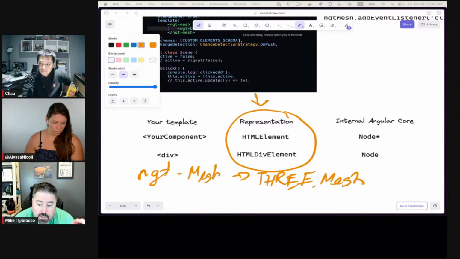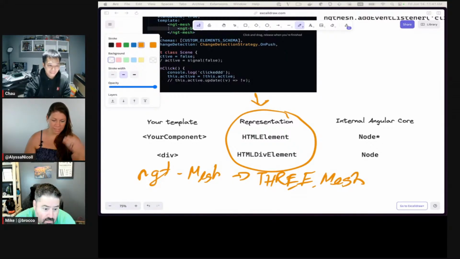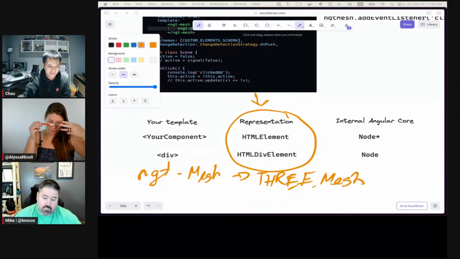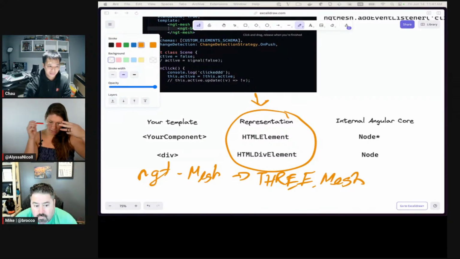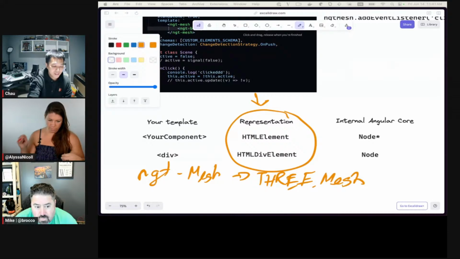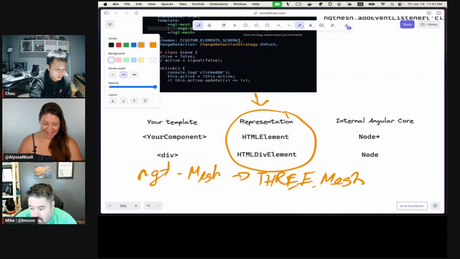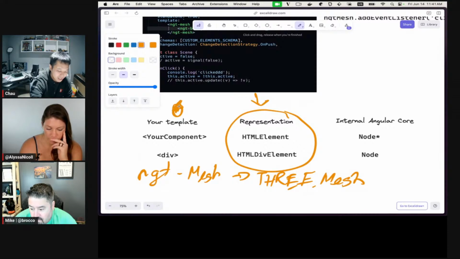Angular 3 talks to three. So is it like a three-layer sandwich, with Angular 3 and then three mesh, like three.js, and then the Angular renderer? Like it's multiple? No, okay, so here. Your template, this is your code right here, right?